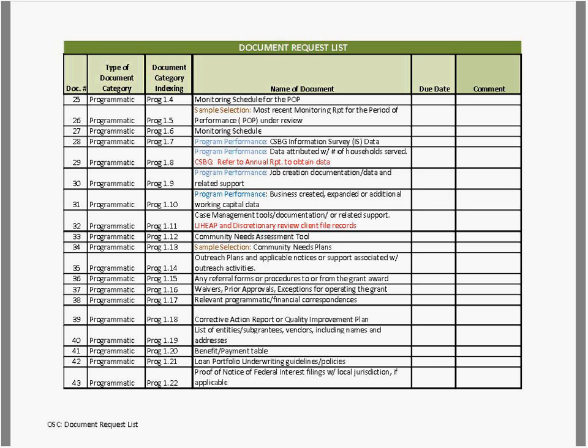So, for example, waivers or prior approvals: if there were limitations on use of funds that were not allowed and there was a waiver that we approved, we request that type of documentation. For the sample selection, for example, we do pull a sample of your general ledger expenditures. The single audit we do pursuant to the tool, and also the Act, where it requires that the states are responsible for federal reporting.